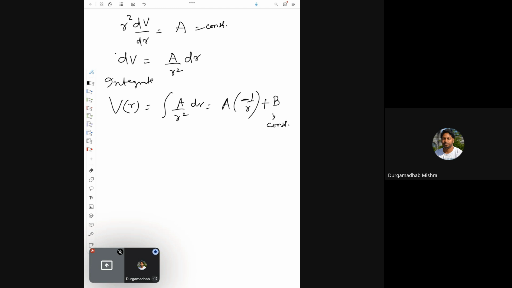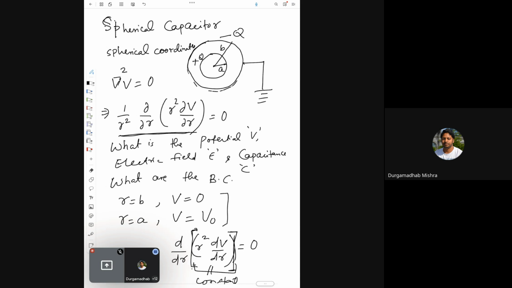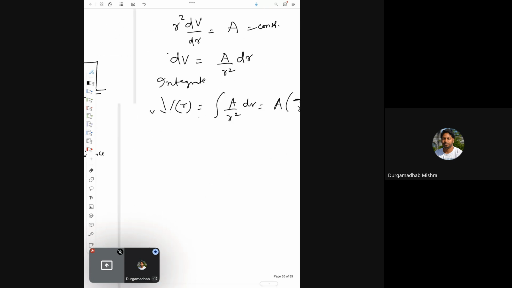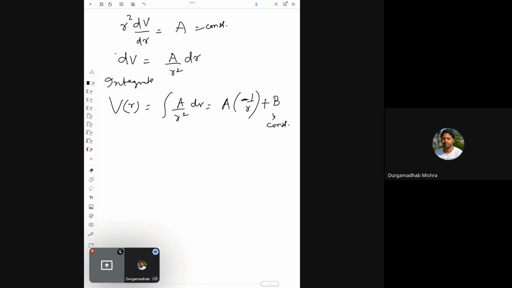This is what we need to find out. And we can find out because we have two boundary conditions, so two equations. So we should be able to find what is A and B. We have two unknowns and two equations, so we'll be able to find out the unknowns. So let's first apply boundary condition 1. So we say V of b, when R is equal to b, is 0. This is because it is connected to ground. So V of b is equal to 0,